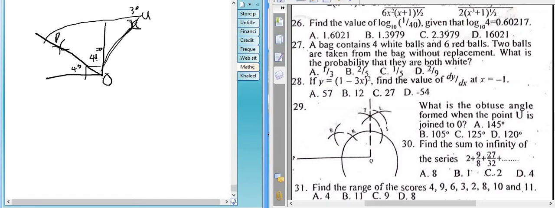Then from here to here we have 45 plus 30, which is exactly equal to 45 degrees from here to here. Then from here to here is 30, which is equal to 45 plus 30, which is exactly equal to... from here to here it's not 30. Yeah, from here to here is also 45, right? Correct. So from here to here is